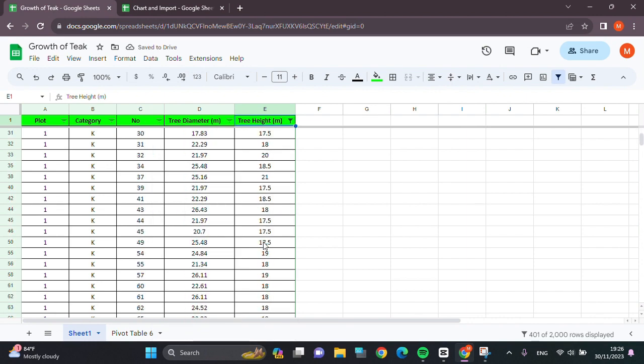Alright guys, and now the data has been filtered for this tree head column, and if you want to filter another column, you just need to do the same step that I have told you before. Alright guys, and that's how we can filter data on